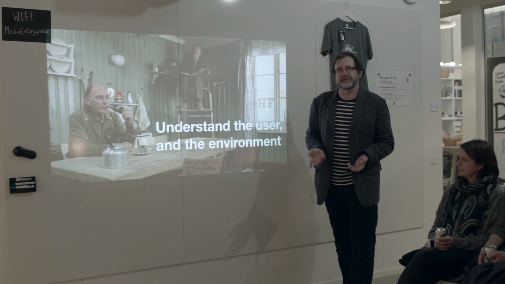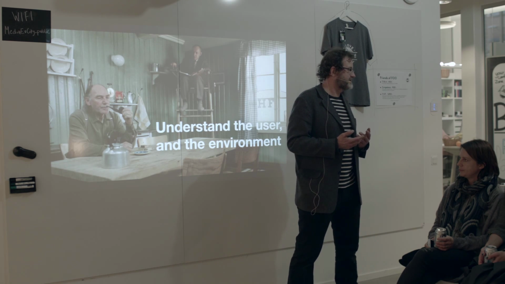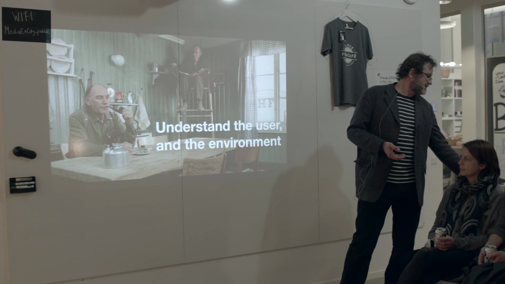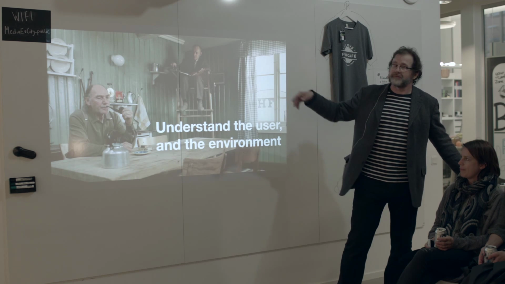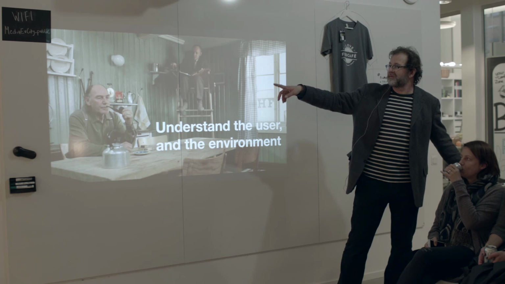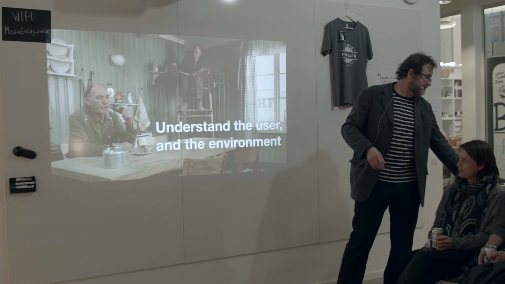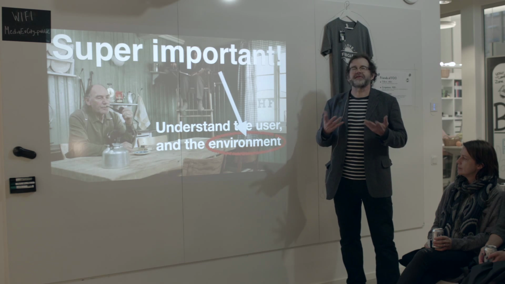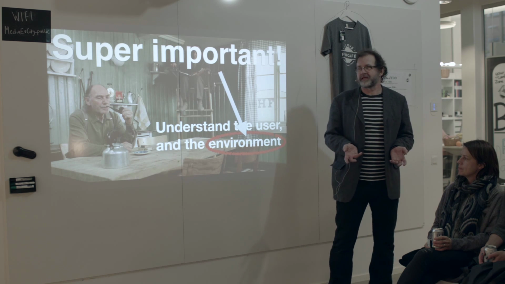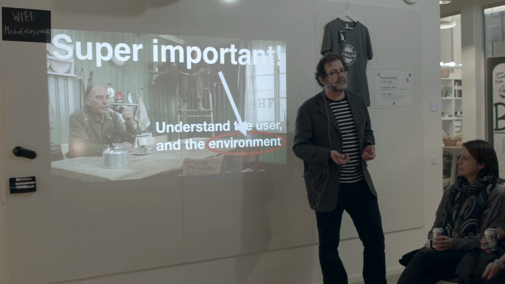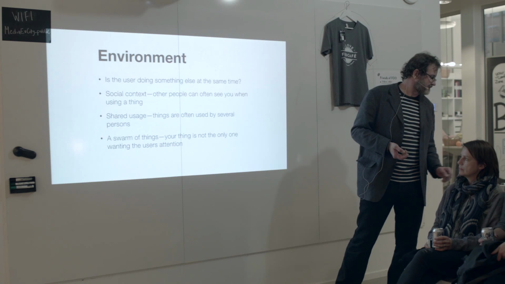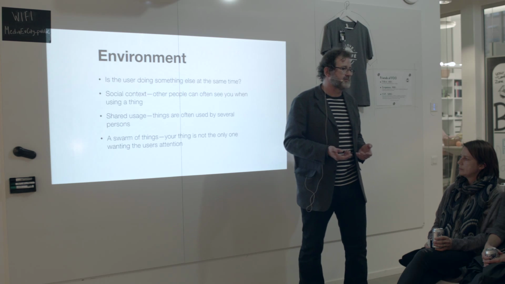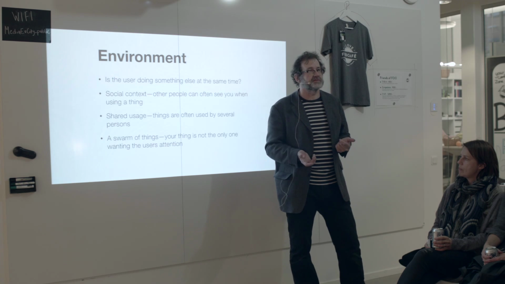I think what is very important when designing for Internet of Things is, it's always important when designing to understand the user. But in our case, this is from a lovely Swedish film where they actually went around in lonely Norwegian men's kitchens and made a study of how they lived. With Internet of Things, not surprisingly, the environment in which the thing is used is extremely important for understanding. Much more so than when you design for computers, or a bit more so than when you design for mobile phones,